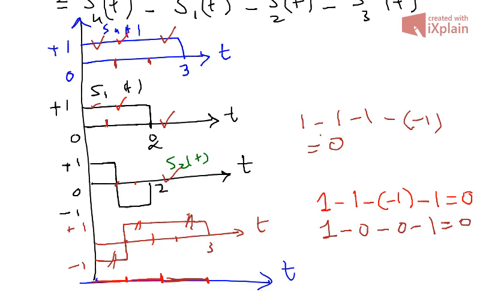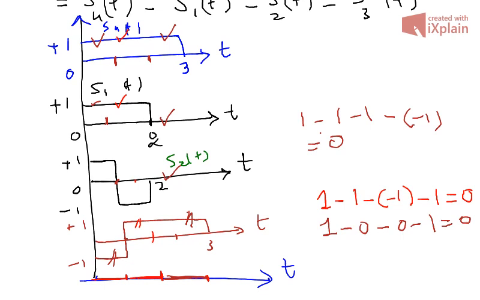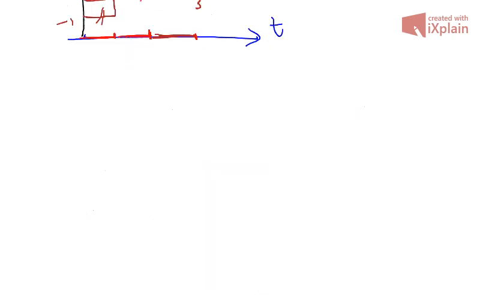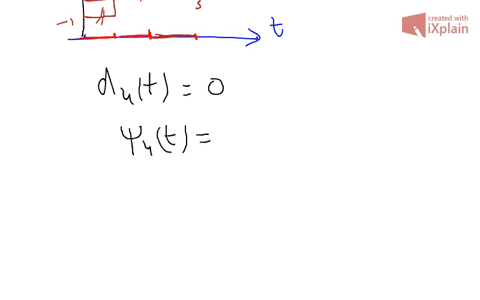What does it mean? It means that your psi 4 is actually your D4, sorry. You are finding D4. So your D4 of t is actually 0. So if D4 is 0, it means your psi 4 of t is 0. So you only have